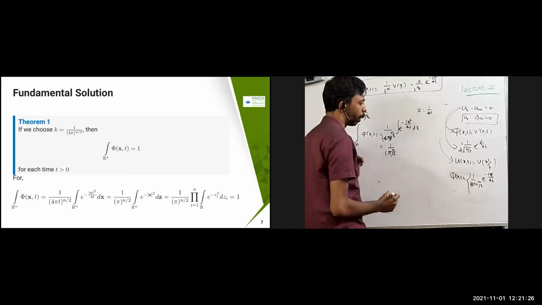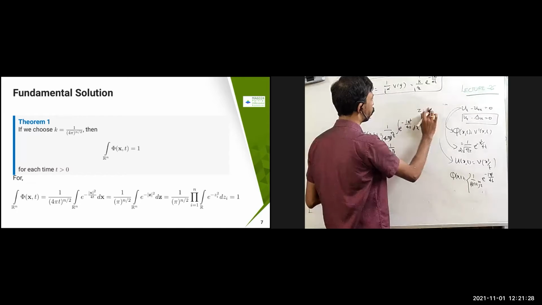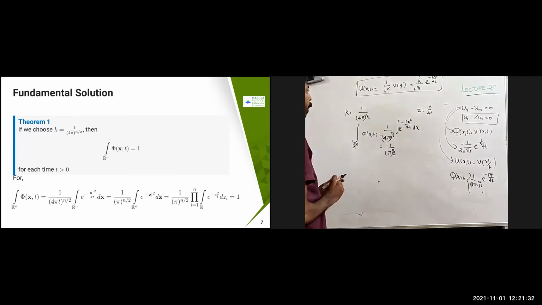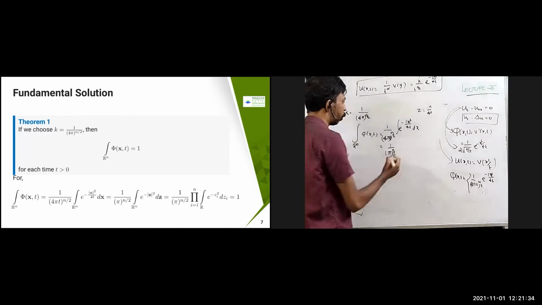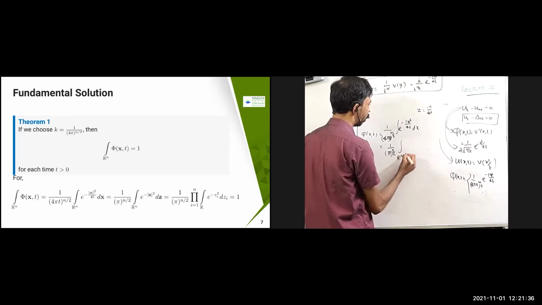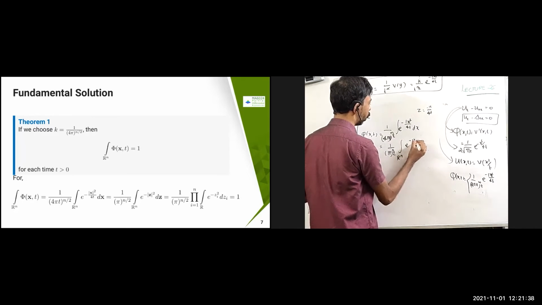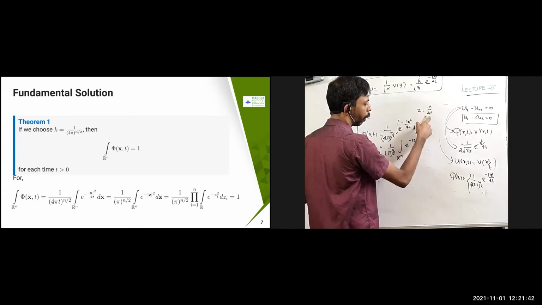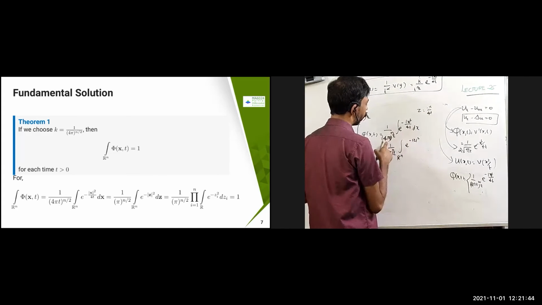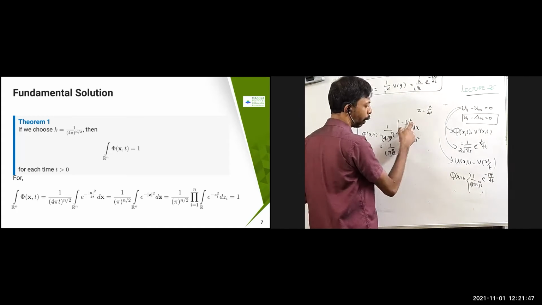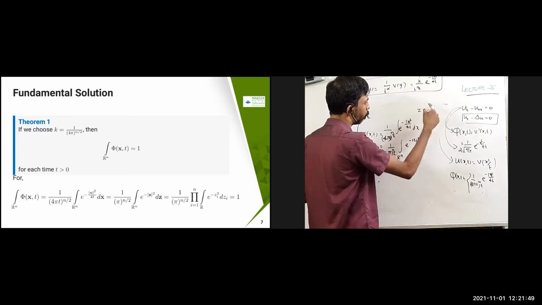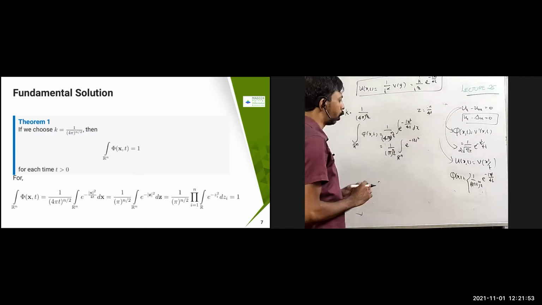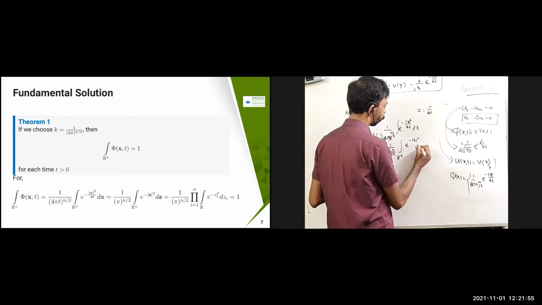Then I am going to get the integral over R^n of e^(-|z|²), and dx will come, so that is going to get cancelled here, with z equal to x over root 4t. Here this is an n-dimensional ball, therefore n values will come. You have to sum it up once you take the derivatives. So it is going to become e^(-|z|²) dz.